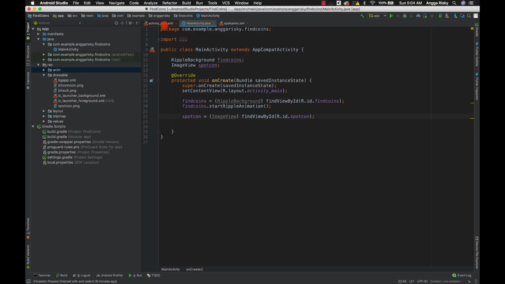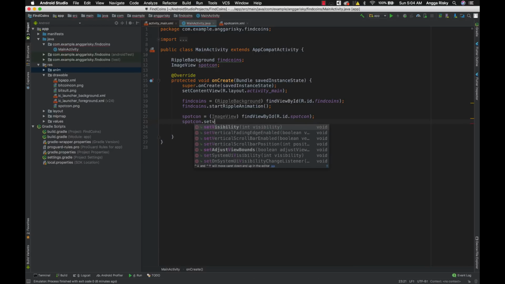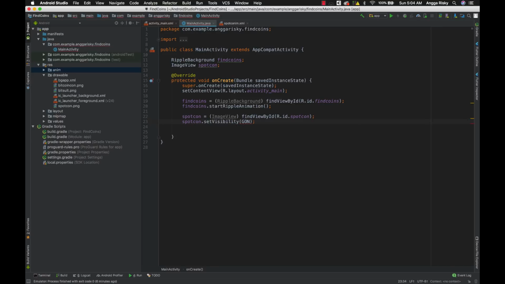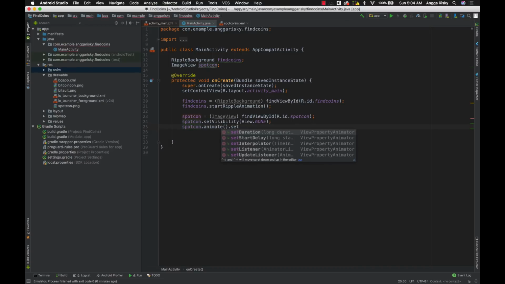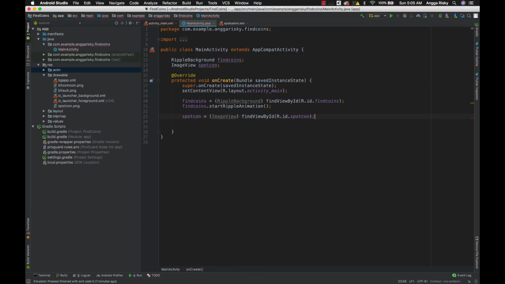We just want to give spot count and then set visibility gone. Okay, so after a few seconds, maybe I think I can give the animation here. Animate set. Oh, I think as for now we just need to delete all of them and try to register the